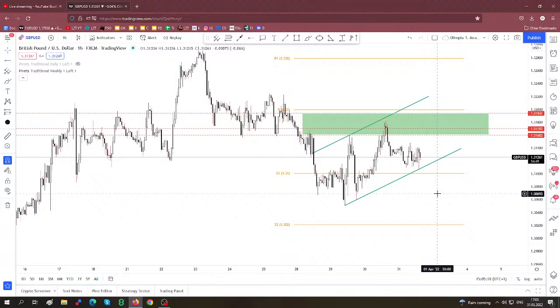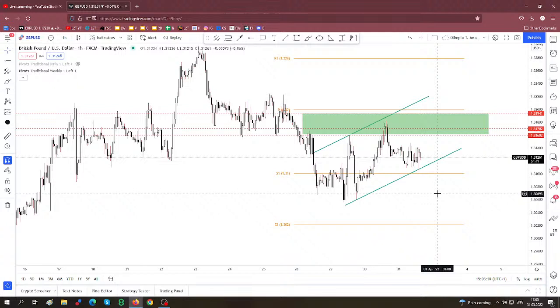So personally, I'll wait for the price to escape maybe from this pattern, from this range, and as I've said, I don't know, maybe sideways movement, a new higher high could signal potential growth towards this area again. And I don't know, sideways movement, false breakouts, a false breakdown could signal potential growth. So I'll wait maybe for the British pound versus US dollar to escape from this range, to make a valid breakout above 1.3149, or to make a valid breakdown below